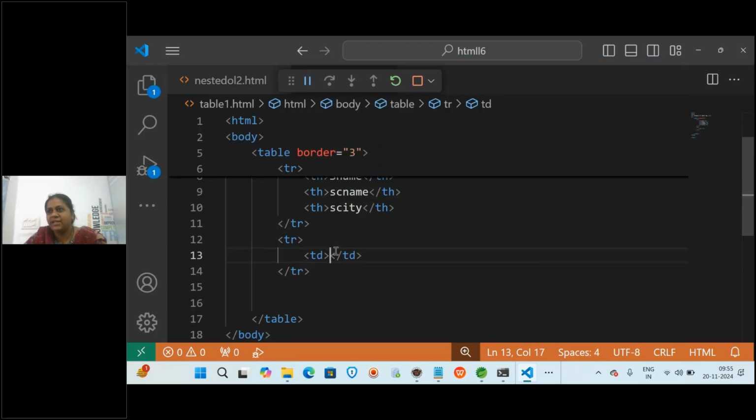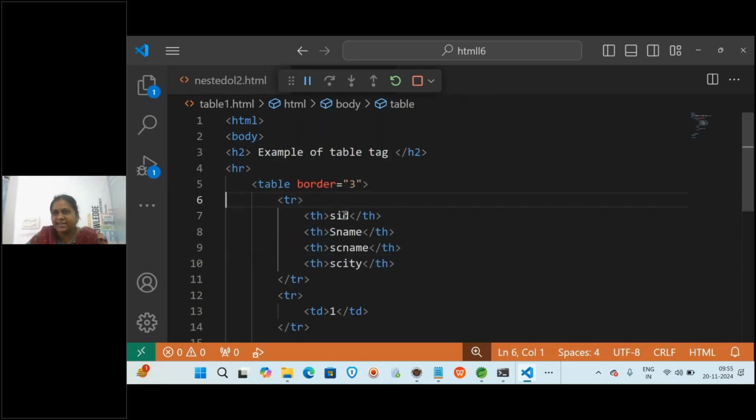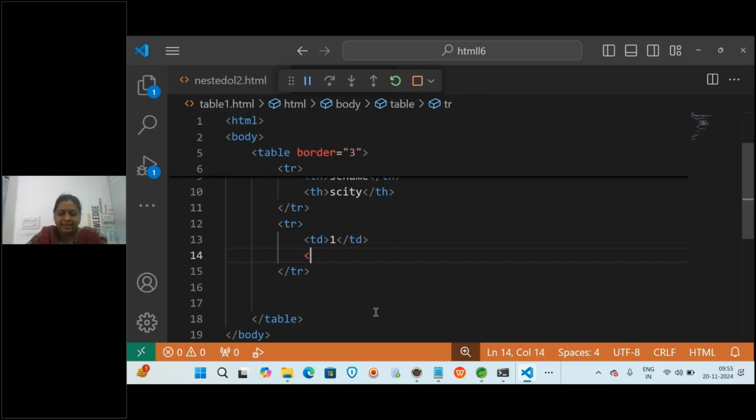TD means table data. So the table data I am writing is, serial number 1. I have to follow this order, right? This is the first heading, second, third, and then fourth. Correspondingly we have to write again in the same way. TD, you write the SID, and then again TD.